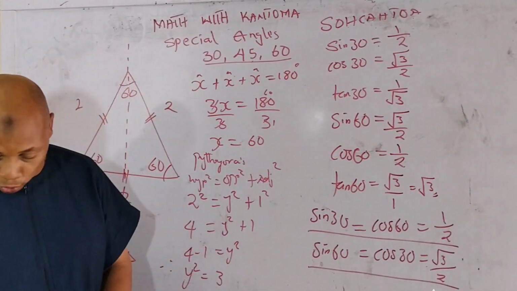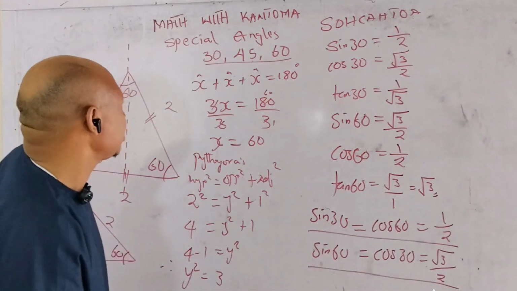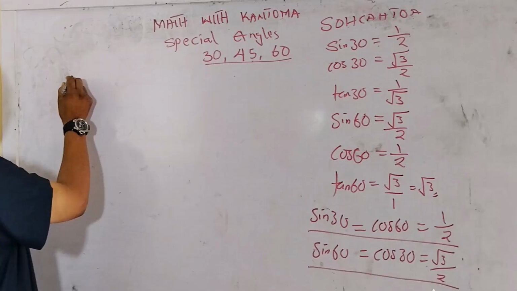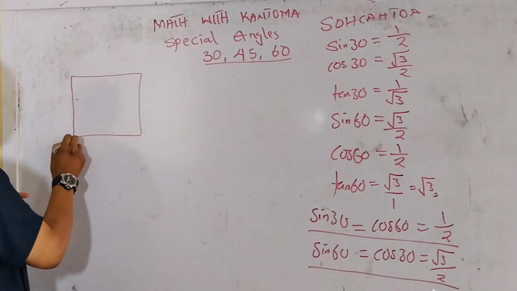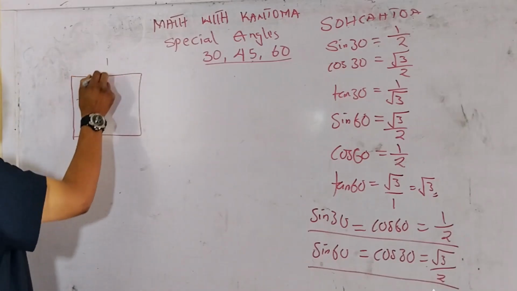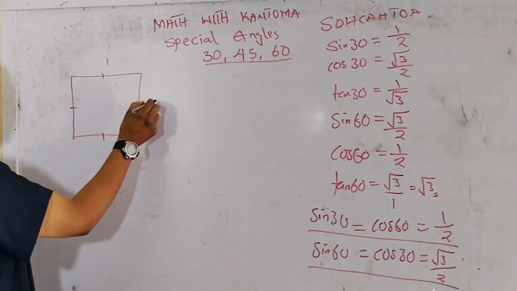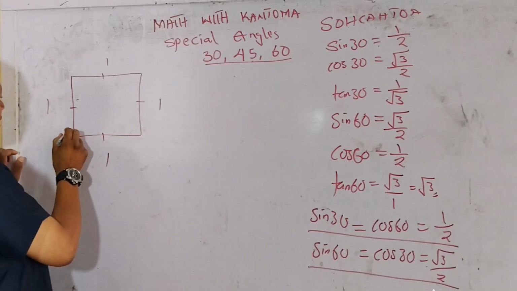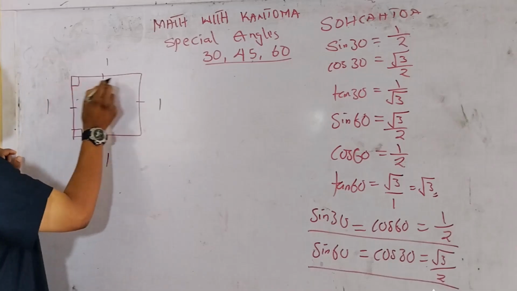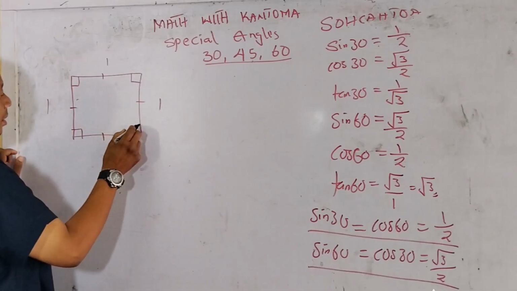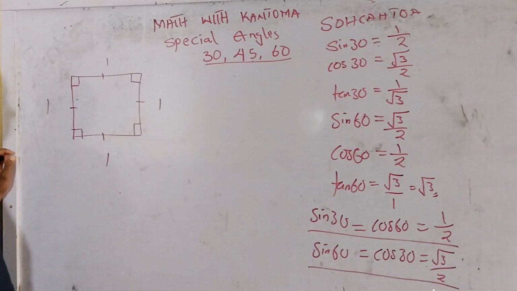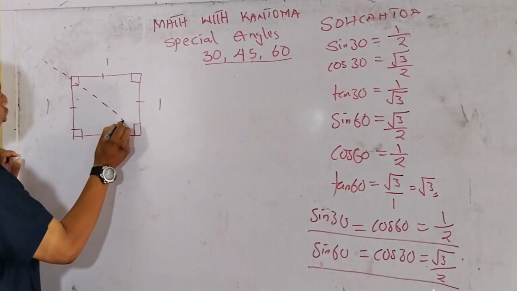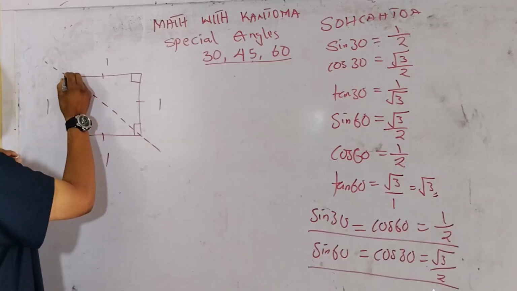Then now, before we proceed, we will need to also derive the angle for 45 degrees. Let's consider a cube. If we have a cube, we all know what a cube is. All the sides are equal. They have an equal length. Let's say this is 1, 1, uniform. So now, all these angles are enclosed at an angle of 90 degrees each. So now, if I bisect this cube into two equal parts like this,